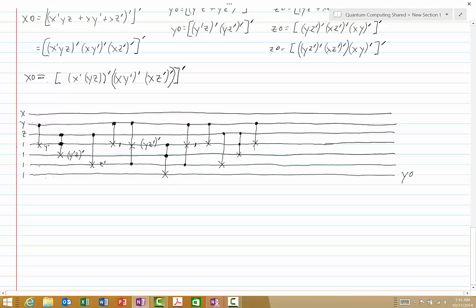That means that we will still have X, Y, and Z over here, but not only that, all of our scratch lines will be at 1,